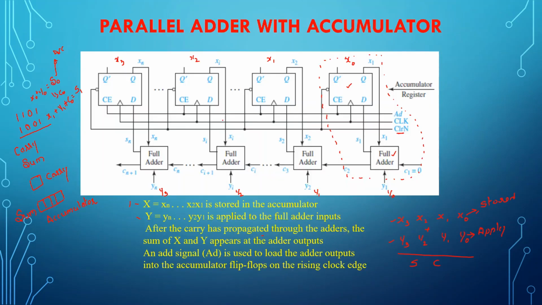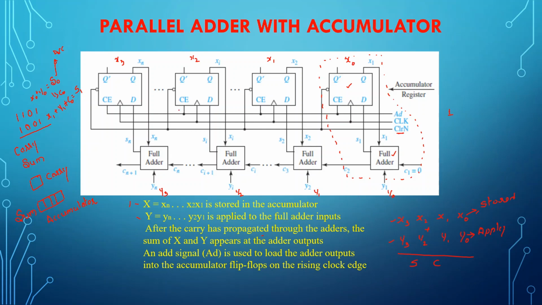Parallel adder with accumulator means you can see here, it's the same clock signal. You don't have different clock signals. So you give one clock signal, the number from the accumulator will go to the adder and the result will be stored here. Please concentrate. As many bits as you are going to add, that many cells should be constructed. For example, if you are constructing a 4-bit parallel adder, you need to make sure that there are 4-bit accumulators and there are 4 full adders.